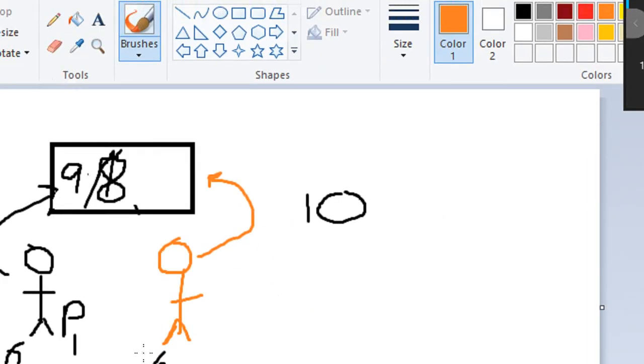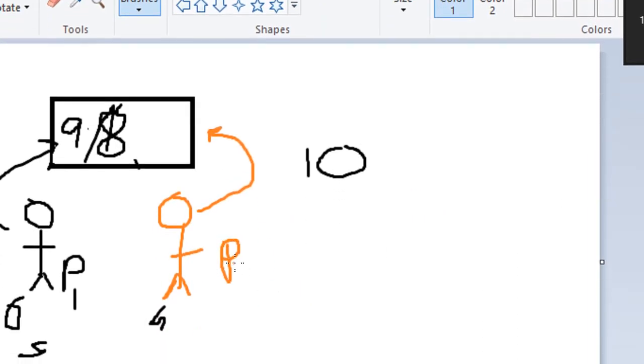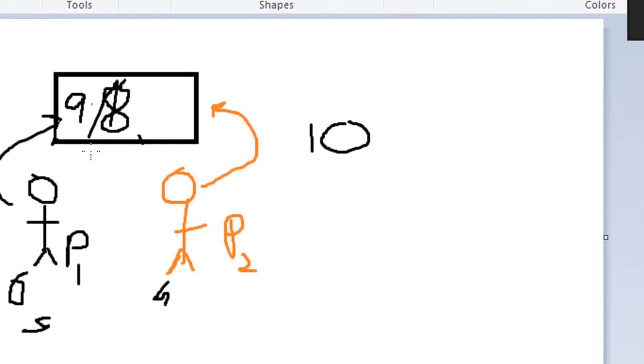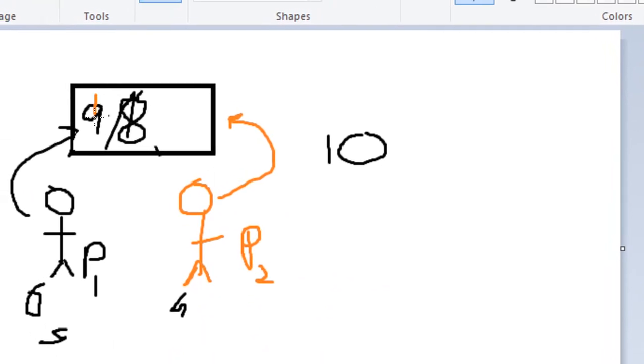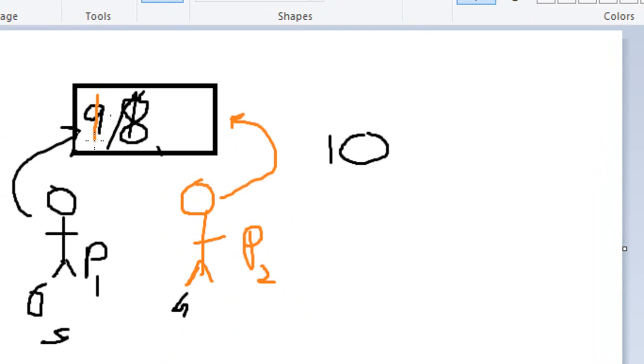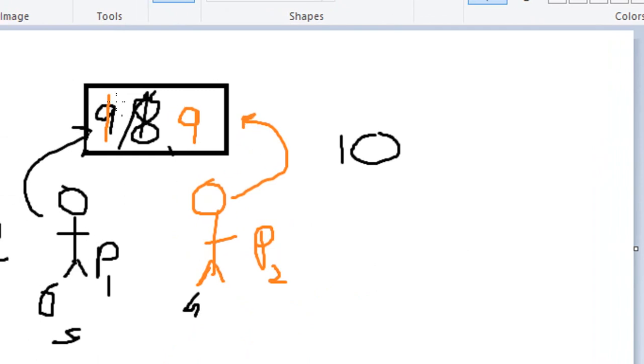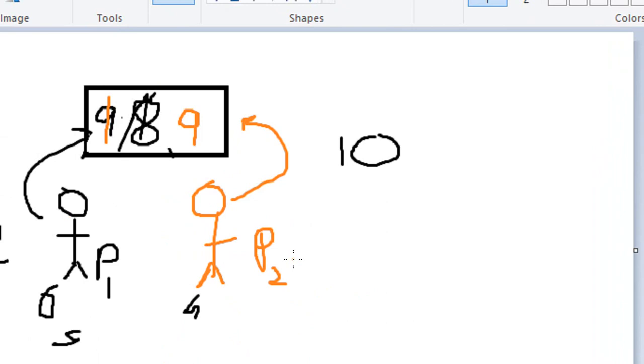Now if you remember, what did P2 see? P2 also saw 8 on the box, right? So what P2 will do, irrespective of this number, because P2 remembered that it saw 8, is rewrite a 9 here. Now you see what is happening here. Technically, if it had been a serial execution, upon accessing the box twice, this would have been 9, and then P2 should have made 9 into 10, or vice versa. P2 would have accessed first, made it 9, and then P1 would have accessed, making it 10.